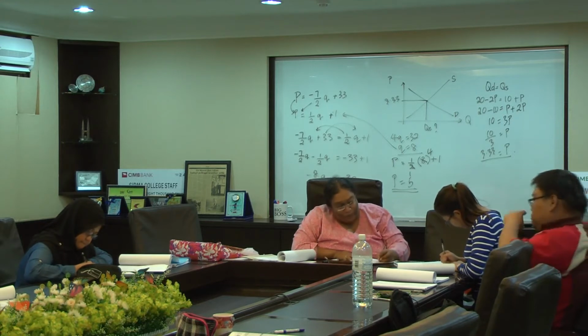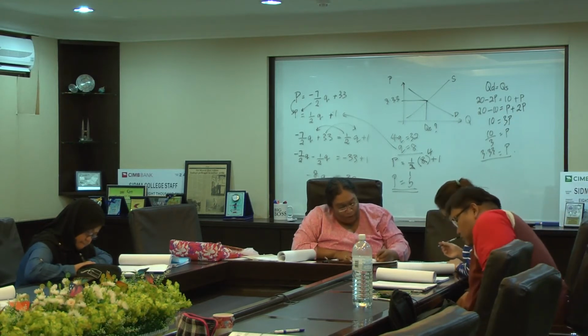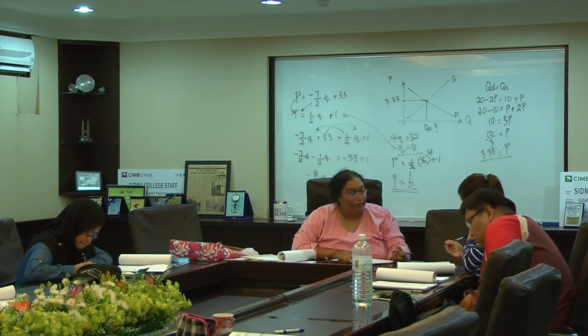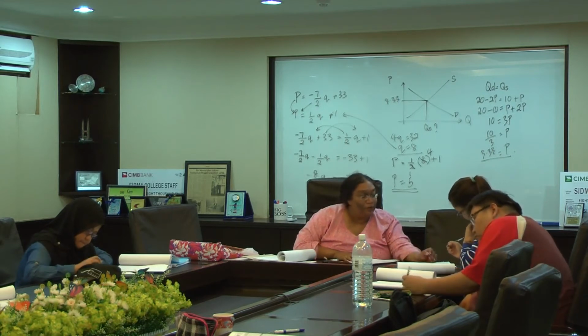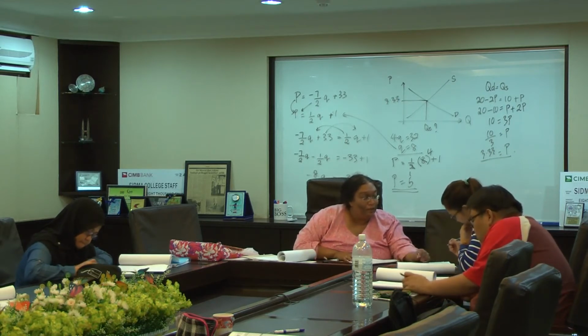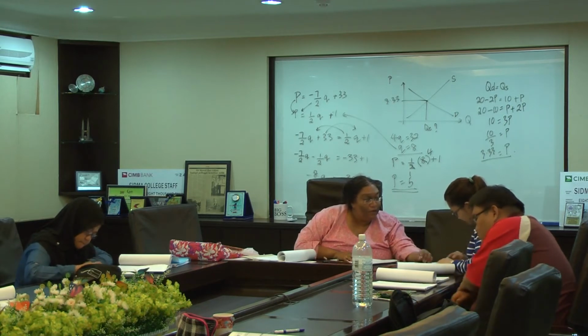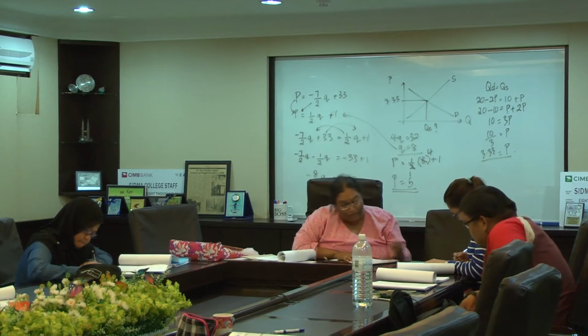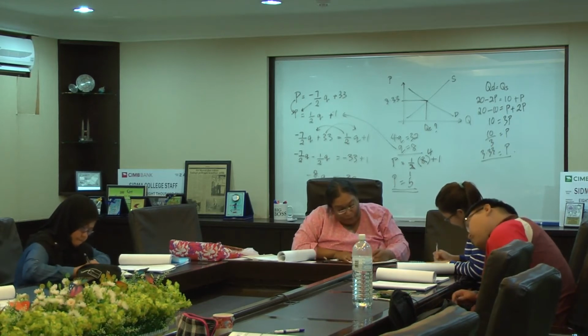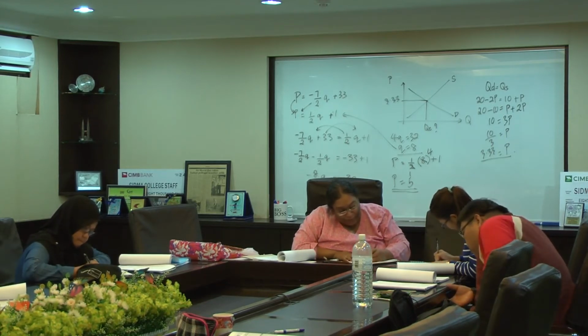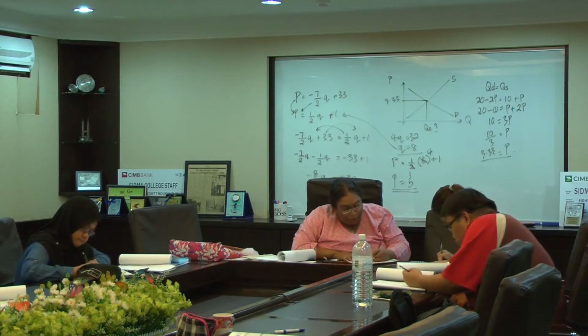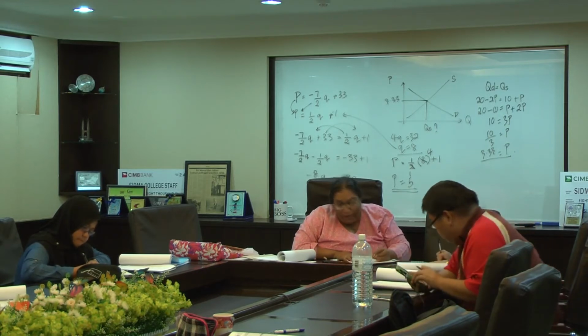Now, if P is 22, what is your Q? You can ganti mana-mana equation. You can ganti in the, where's the equation? The first or the second. Yang mana senang? The second is senang. So, Q equals to 80 plus 2 times 22. Alright? 80 plus 44. So 124. Is it correct? 124?